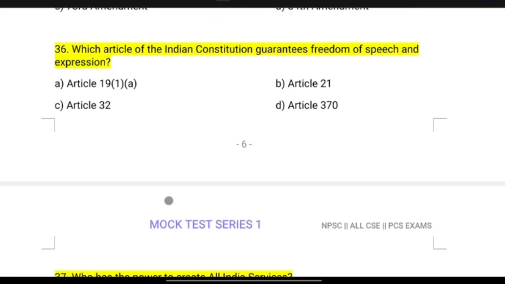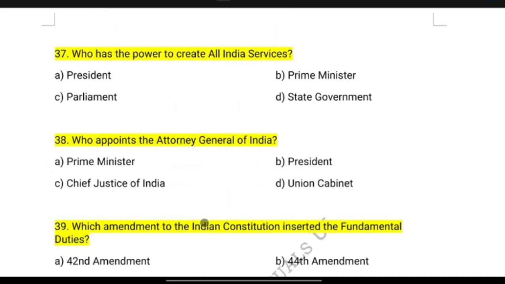36. Which article of the Indian Constitution guarantees freedom of speech and expression? Answer. Option A. Article 19, 1A. Explanation. Article 19, 1A of the Indian Constitution guarantees freedom of speech and expression. 37. Who has the power to create All India services? Answer. Option C. Parliament. Explanation. The power to create All India services like the Indian Administrative Service, IAS, and Indian Police Service, IPS, lies with